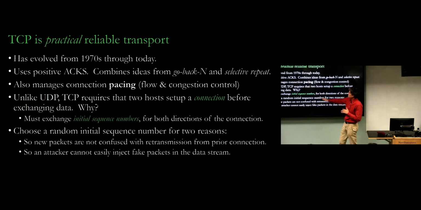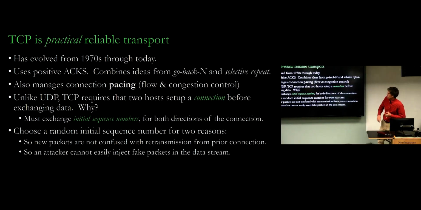And one difference between TCP and UDP: we talk a lot about the advantages of TCP. It allows you to send lots of data. It allows transmission to be reliable. I mean, transmission is not reliable, but in the end, in the application layer, it looks reliable because you have retransmission and delivery confirmations. That's all good stuff. One of the big disadvantages of TCP compared to UDP is that you need to set up a connection beforehand with what's called a three-way handshake, so there's a delay before you're able to start sending the first bit of data. And that handshake involves exchanging initial sequence numbers for both directions of the connection, so we don't start off with sequence number 1, and we'll see why later.